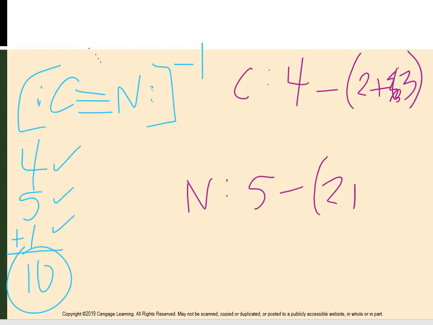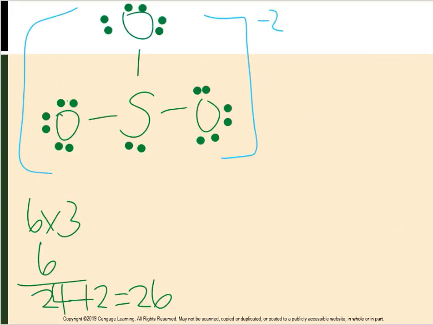Half of 6 is 3. So 5 minus 5, nitrogen had no net charge. 4 minus 5, the carbon had a -1 charge. And again, it would equal 0, except this compound has a -1 charge. So the formal charge on carbon is -1 in this case. Looking at